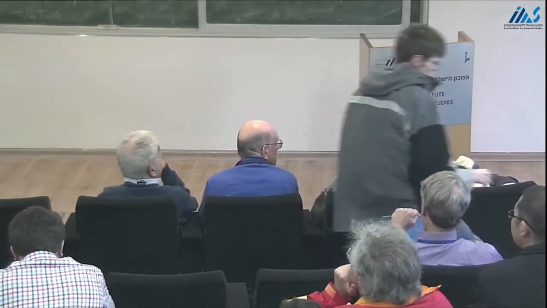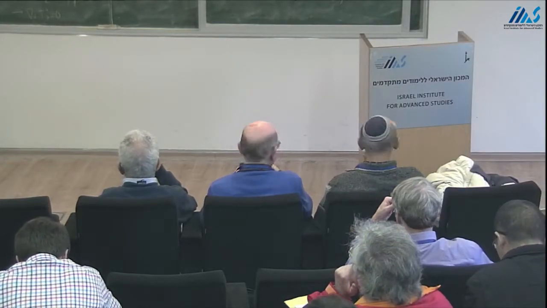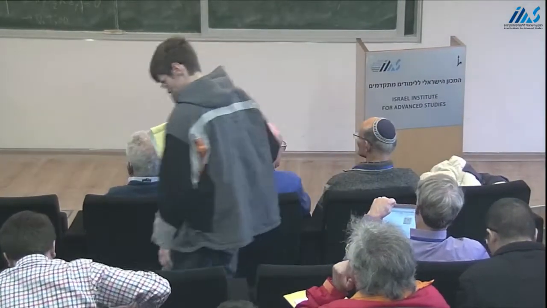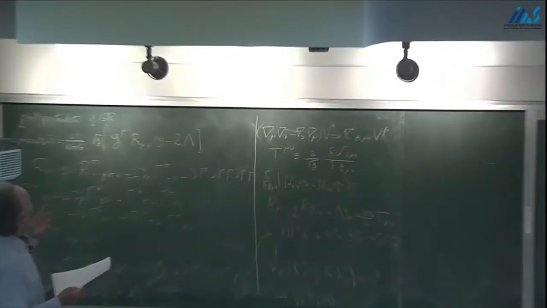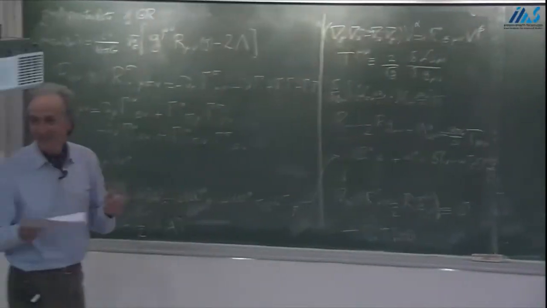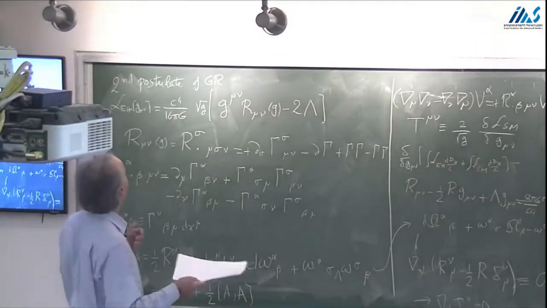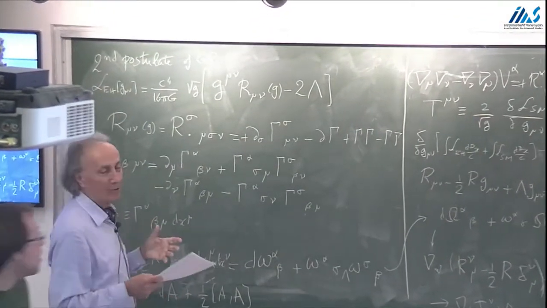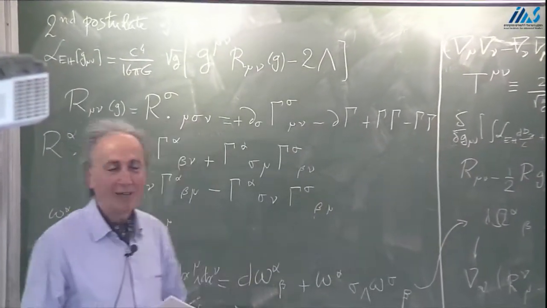So the first postulate is about the minimal universal coupling of a curved geometry G mu nu of x to matter, the matter of the standard model, and we explained connections at length. And I did not have the time to explain, although you have seen it already in Jacob's talks and in Hermann Nicolai's lectures. The second postulate of GR is now talking about the propagation properties and the self-interaction properties of